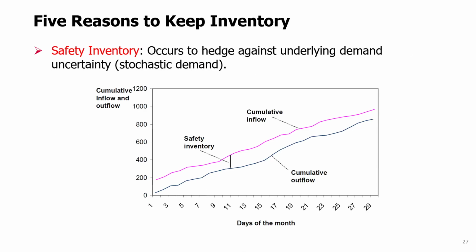And the final reason to keep inventory is safety inventory. This is the inventory that we keep in order to hedge against some uncertainty in the demand, right? So, for example, often in a retailer, we will observe there is a cycle inventory because we receive products in batches due to economies of scale in transportation. But in addition to this cycle, there will be some safety inventory, because we also don't want to run out of inventory when we're waiting for the next shipment to arrive. We will actually keep some extra units in order to not have stockouts or empty shelves